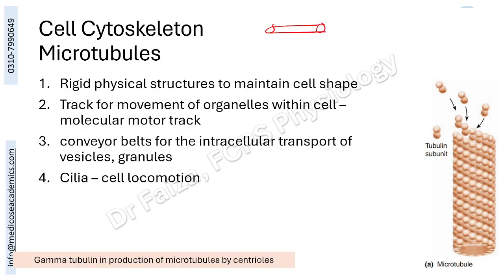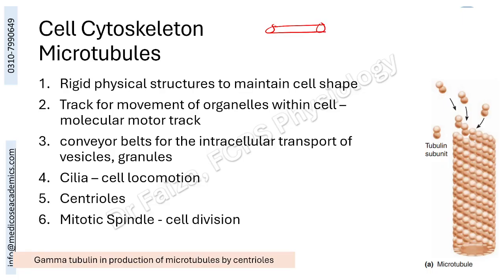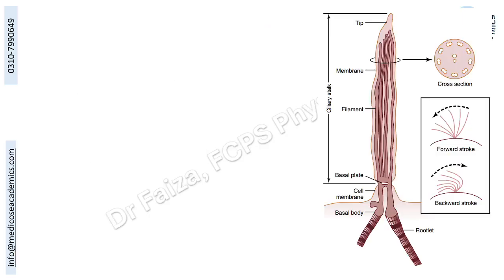for the cellular materials. These are also present in the cilia, so involved in ciliary locomotion, whereas microfilaments were involved in amoeboid locomotion. Microtubules also form the centrioles and mitotic spindle, which have a role to play in the cell